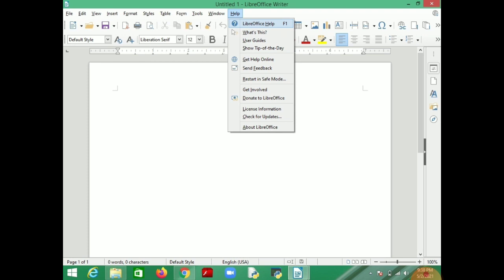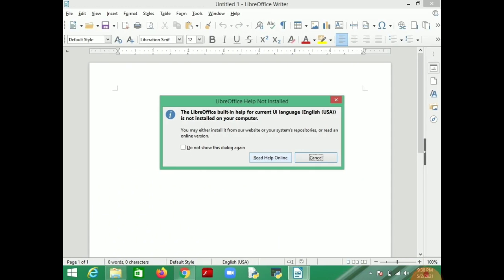Then if you want to take help of LibreOffice, you can click on Help. You can also press the F1 key to open help, where, if you have any doubt about some topic, you can go to that help and click on read help online.